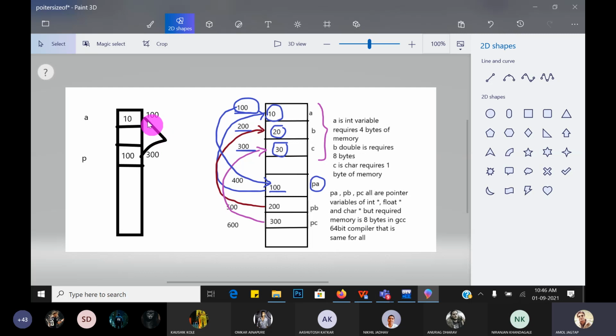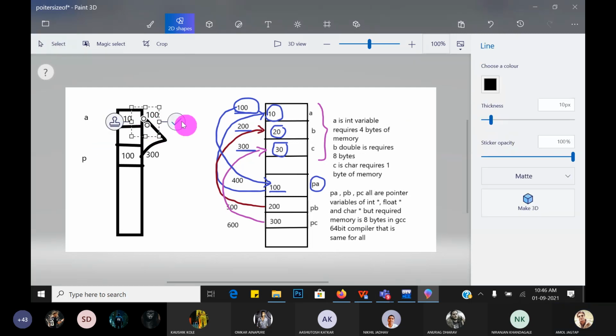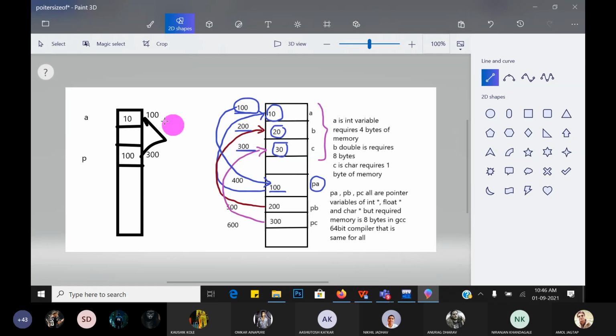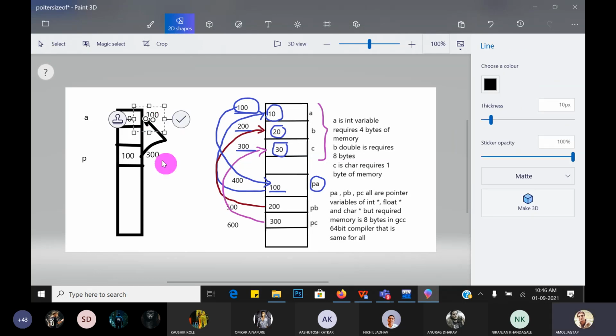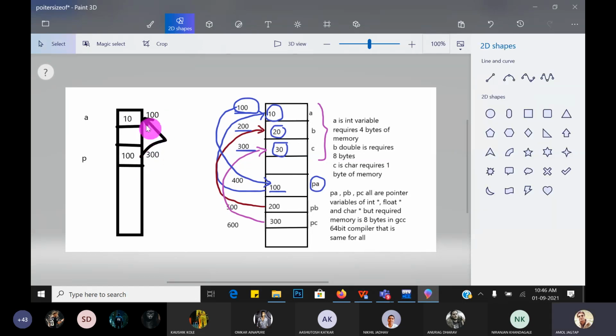This P stores the address of A. So P is the pointer type, it points to the variable A. Here 100 is not the value, it is the address.